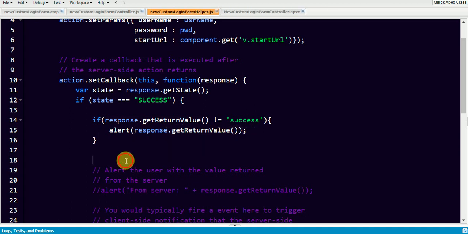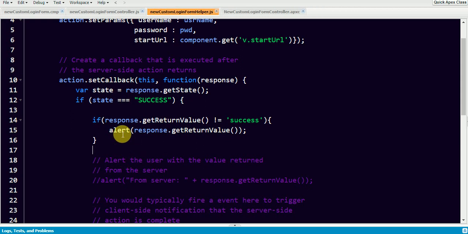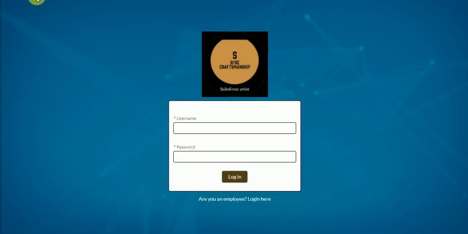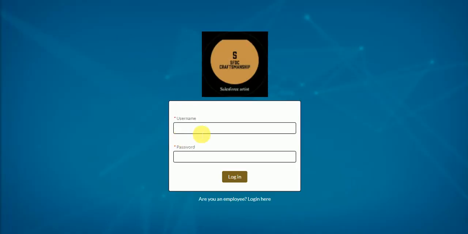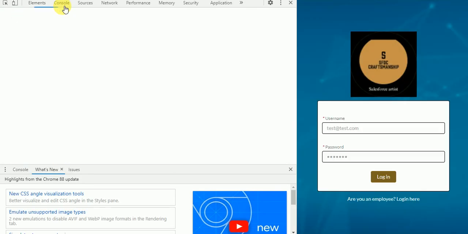Yes, now it's done. So now I'm gonna go back to my community page and do a refresh here. I just refresh the page, and here I'm gonna enter some dummy username and password and click on login. I'll check if it's throwing an error message like invalid username or password. Now you can see I've entered a dummy username and password, and I'll try to log in here. I think it's now not reflecting anything. Just check the console here.